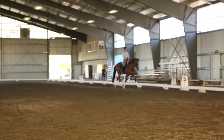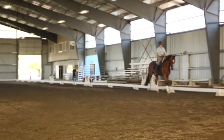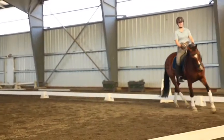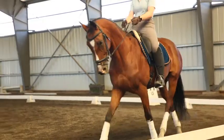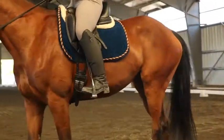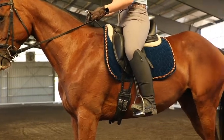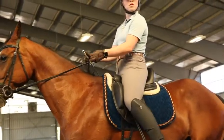And now trot and forward. Keep trotting and then make a halt transition here. See? Keep trotting and you halt. You don't want to feel when you're touching your horse that your leg was